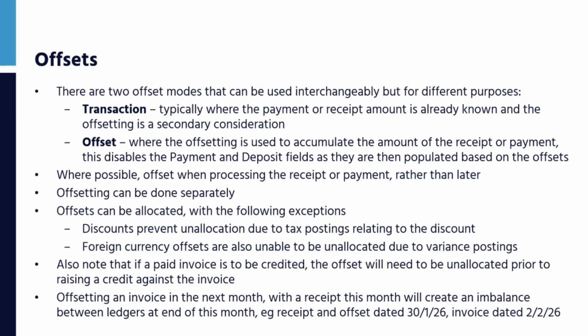Occasionally we'll see a situation where someone has a receipt that they're processing in this month because it's hit their bank account as someone paying before they had the invoice, and then you generate the invoice on, say, the 2nd of the next month. So when you're processing a receipt dated the 30th of January, for example, and you're picking up the invoice dated the 2nd of February,